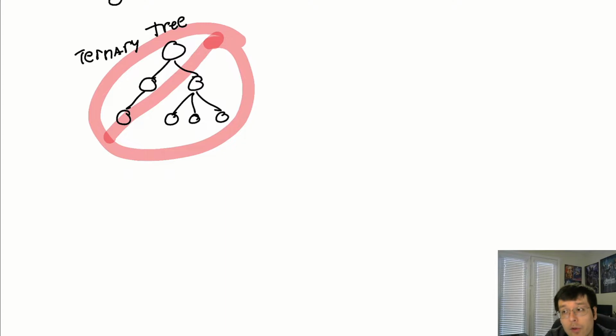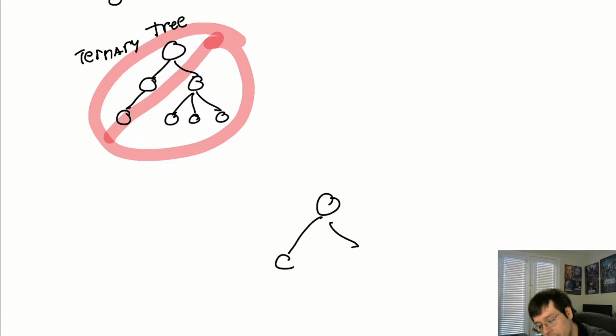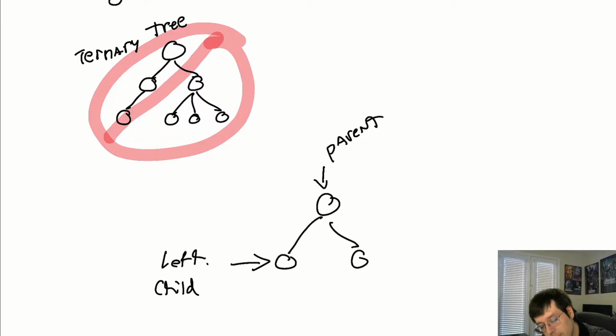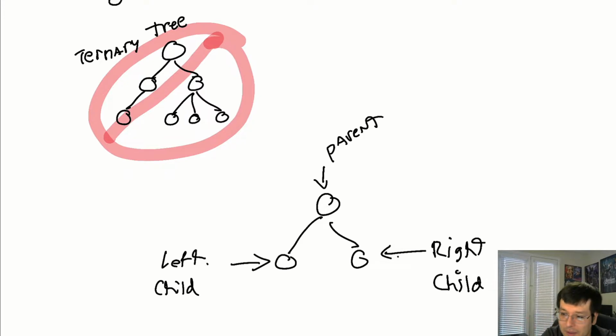But we can also use trees for things like decisions, right? If you have a binary tree, it means we can have a left child and a right child. So if I draw a tree, this is my parent or root, and this is considered the left child, and this is the right child. You hear what I mean, right? And so ultimately, you can make this a decision tree.